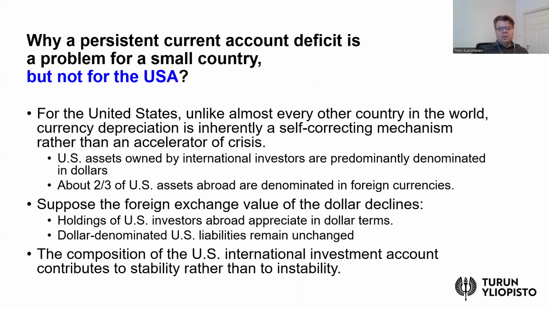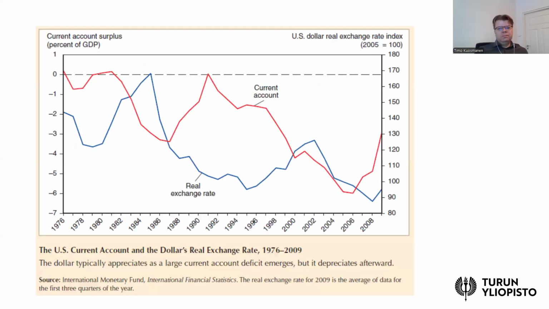deficit. So this diagram taken from the Krugman et al. textbook indicates this kind of dependence between current account fluctuations and fluctuations in the real exchange rate of the US dollar, and we see that there is at least an intertemporal dependence between the current account deficits and the dollar exchange rate. So in the next video lessons, we will look into the exchange rates and determination of exchange rates in